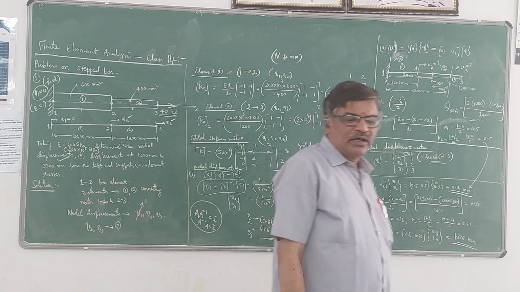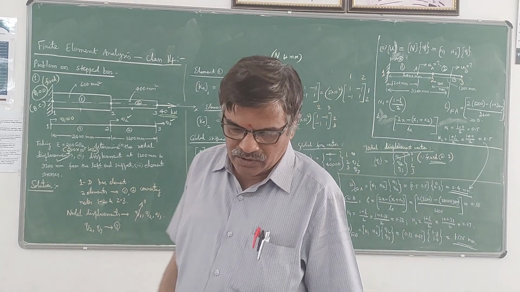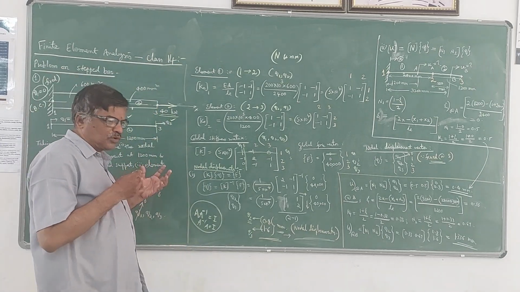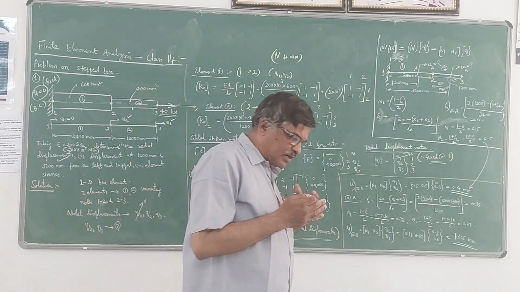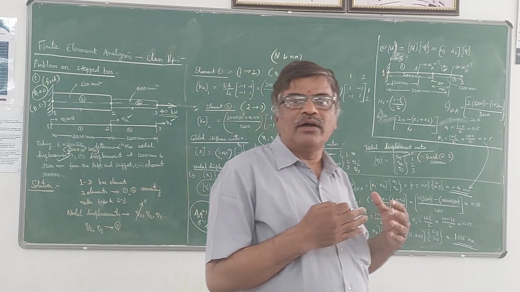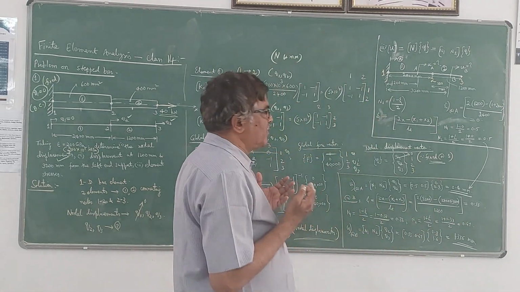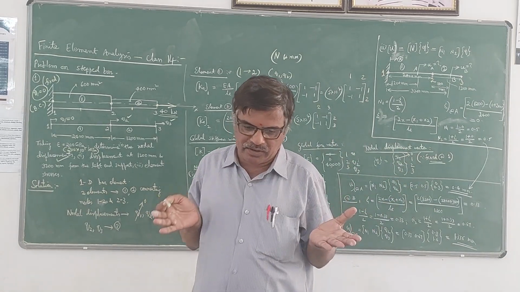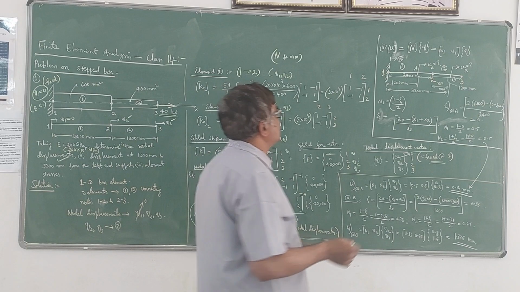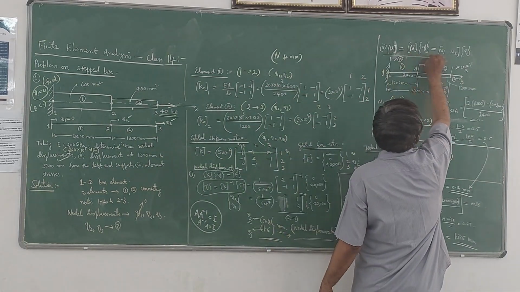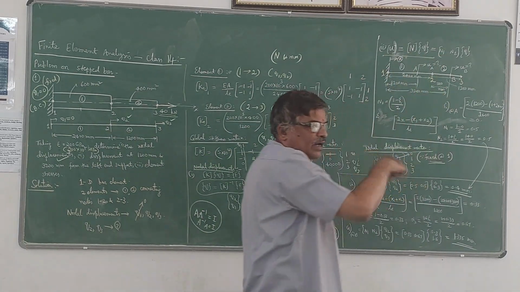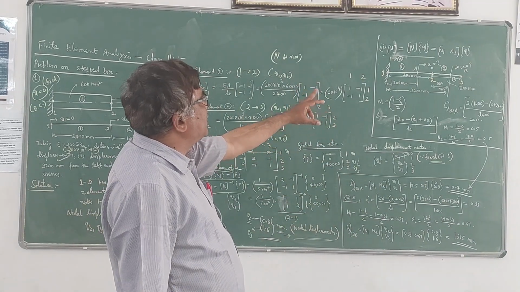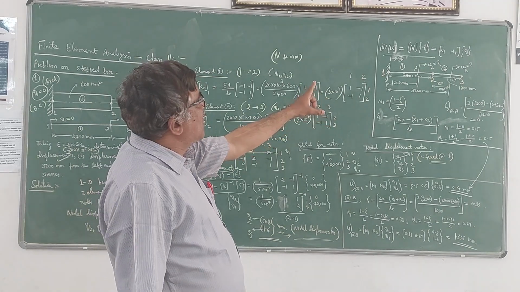For this we have to use the shape function concept. A shape function or interpolation function is the function which is used to find the displacement or deformation at any point by knowing the nodal deformation or nodal displacement. So you have the concept here, u is equal to N into q. This I have explained in the earlier lectures. So u is the displacement required at any point within the element,